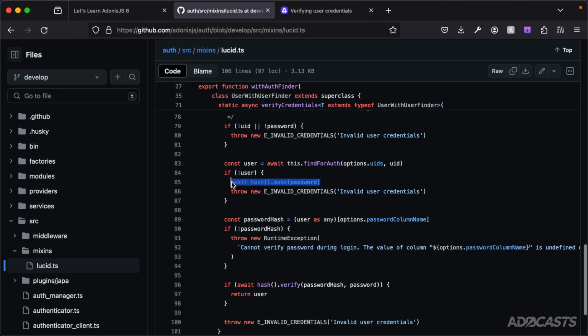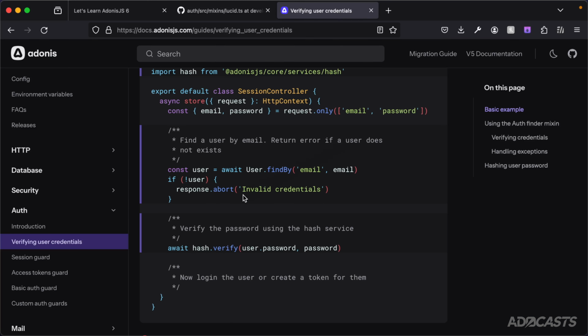Before we move onward with that though, let's take a second to explain what this particular hash is doing right here within the verify credentials method. And this is explained with an example here within the documentation. If we take a look at basic authentication without that step in play, and the user provides in an email that we don't actually have within our database, and we just immediately abort out, there will be a slight timing difference